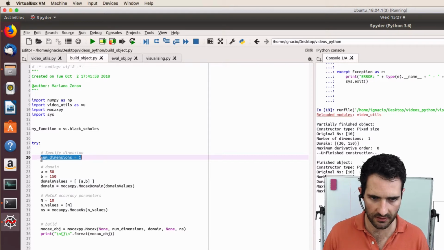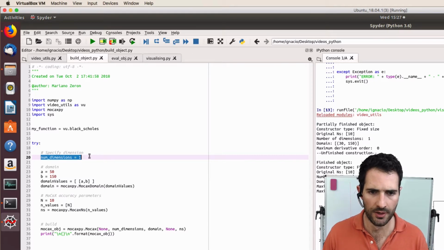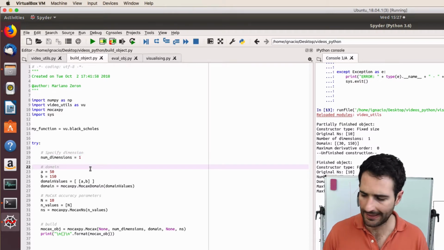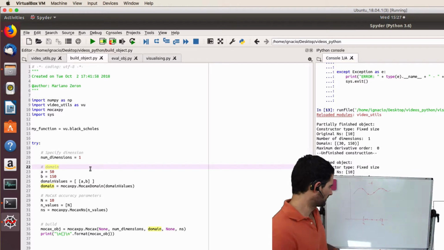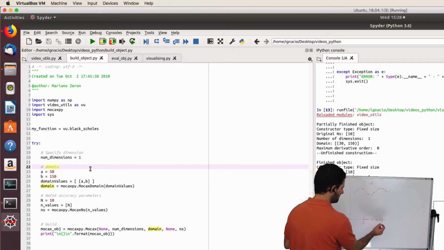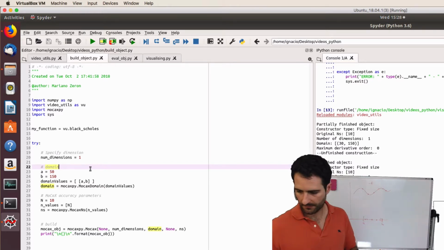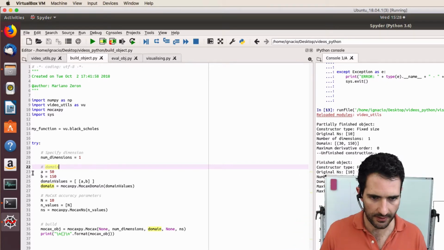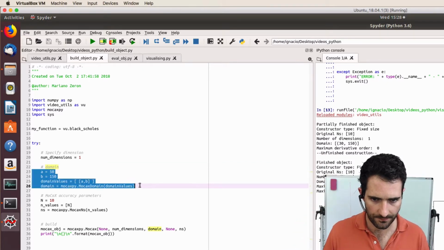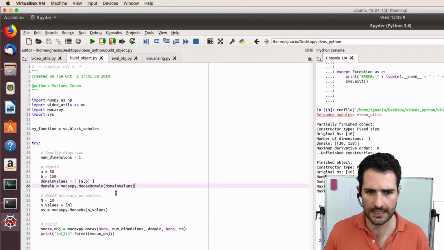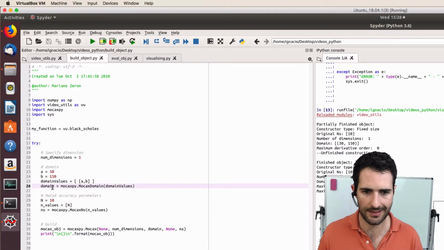The integer is this one up here that I've called num dimensions. Now, the domain that we have over here between a and b, which is just an interval, is specified down here. So all the information that we need of the domain of approximation is captured in this